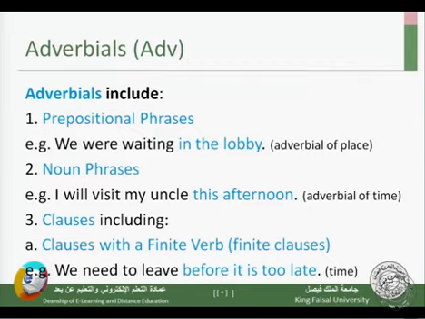So adverbials can include prepositional phrases. They can include noun phrases. They also include clauses, and we will discuss clauses more in detail in our last 4 lectures in the course. But here is a quick overview of those. So we have clauses with a finite verb, and we call those finite clauses. So we said that a finite verb changes with time, so it changes with tense, it changes with person, it changes with number. So if we have a finite verb in a clause, we call this a finite clause.